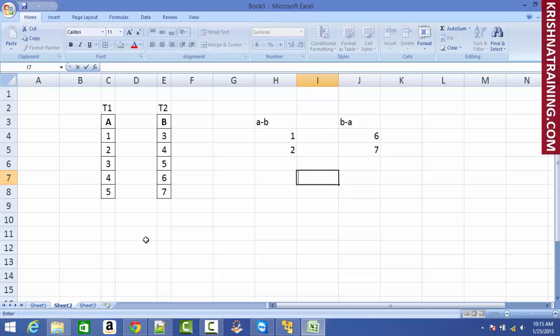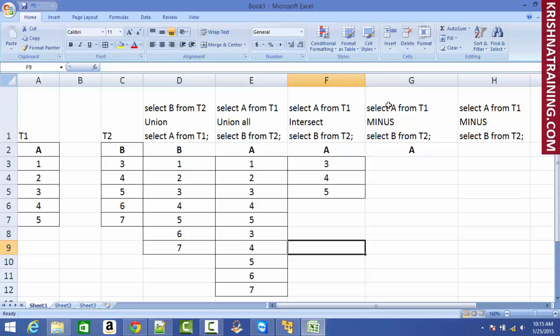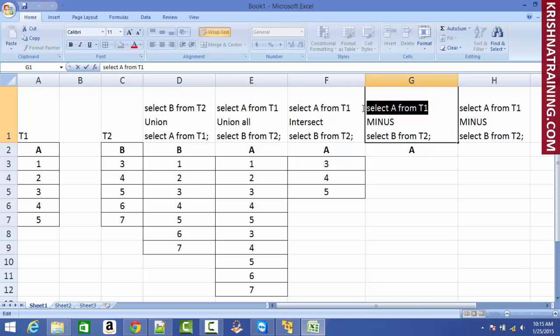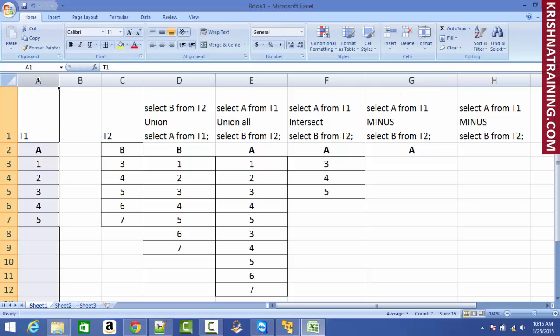Is that clear? So if I go here, this is my query 1. Table 1 is sitting on top of minus. Table 1 minus table 2. That means this is my first query. Agree? So if I do this one, I look up for all these values in this data. Whatever data that I don't see here